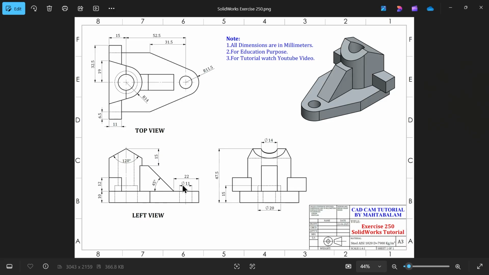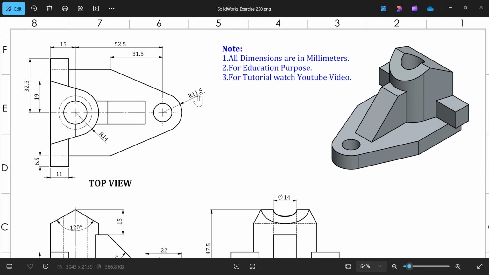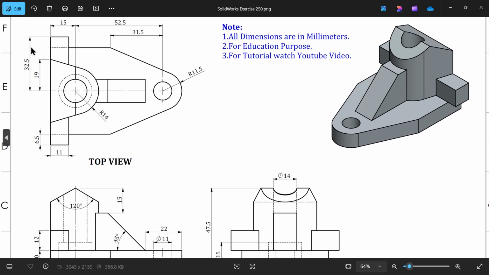So this left side I am going to consider this side, okay, and you will see this is top view, and this you will consider front view, okay. So I'm going to start with top view. You will see here this corner radius 11.5 and center to here 52.5 plus 15, okay. Now this distance 31.5, and if you are going to calculate from this end to this end,